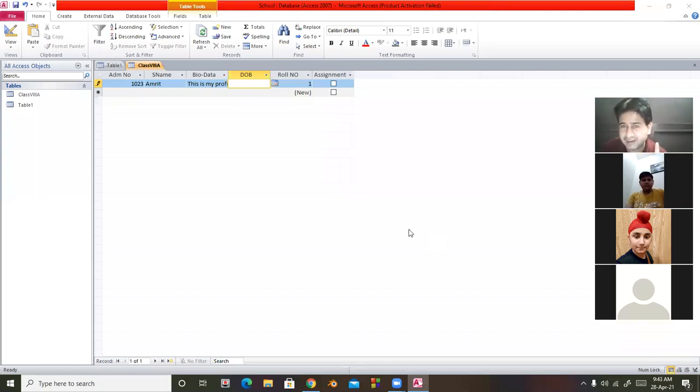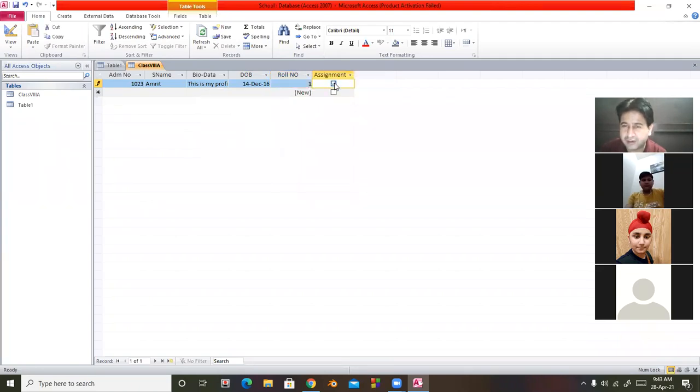I click on that calendar, and there is a month and year. According to the student's date of birth, you can change it. Suppose I take 14 December 2016. Roll number 1 is automatically inserted, and assignment is Boolean, yes or no.